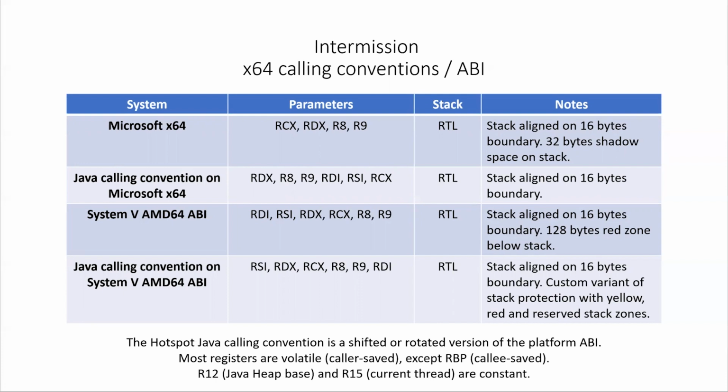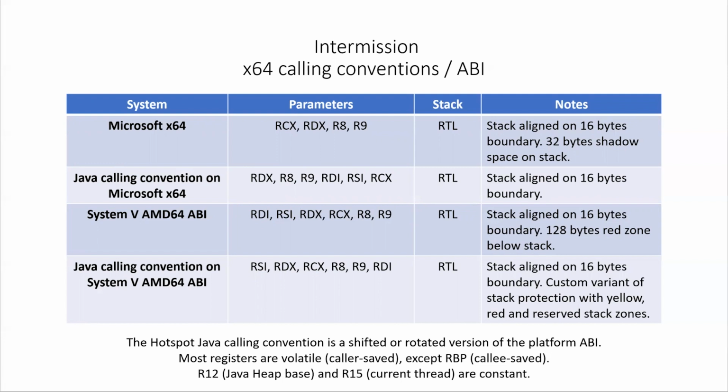There's also a 32 byte shadow stack area that needs to be allocated by the caller. The System V ABI defines that arguments are passed in these 6 registers, while the rest is passed on the stack, also from right to left. And there is a 128 byte red zone